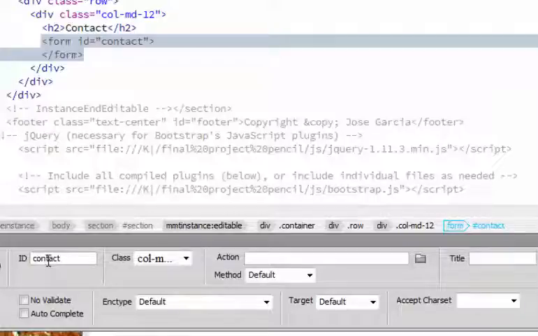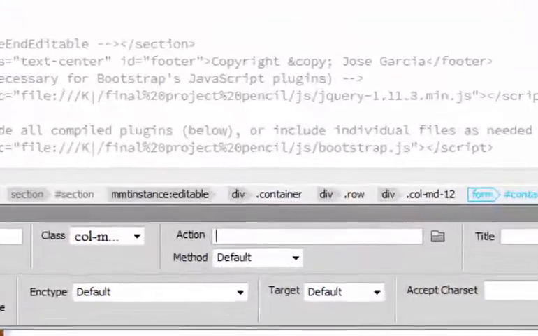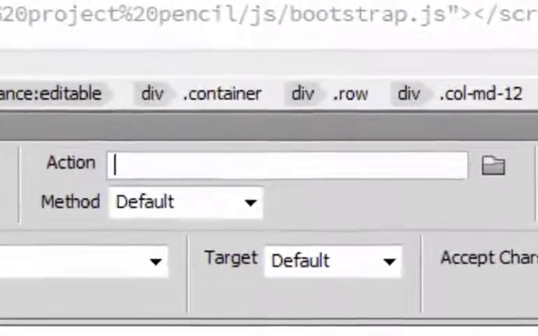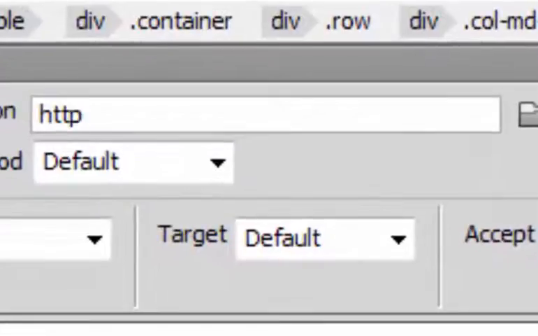I'm going to hit the tab key, and the next thing I'm going to put in is the action. So when we click our submit button, what is our form going to do? What's going to be the action? When we worked on the navigation, the action was to submit whatever our query was, whatever our search term was, to Google and have Google do a search. In this case, we're going to take this information and we're going to submit it to the cs952 website, and it's also going to generate an email. What we're putting in for our action is this. We're typing in http://